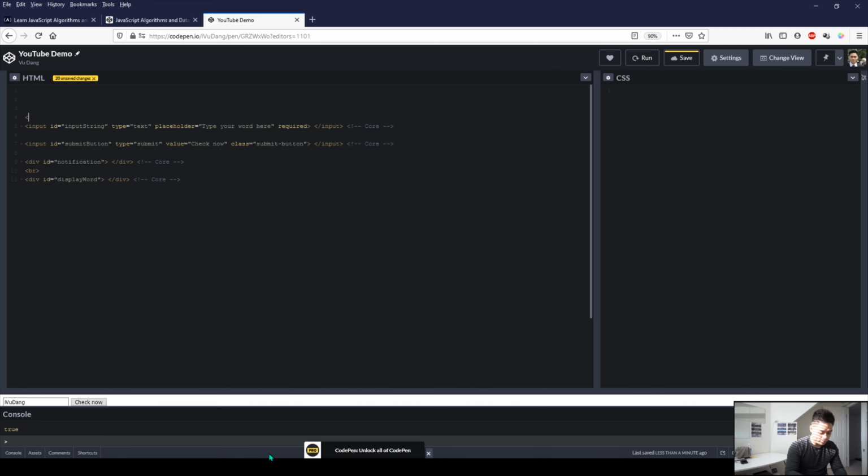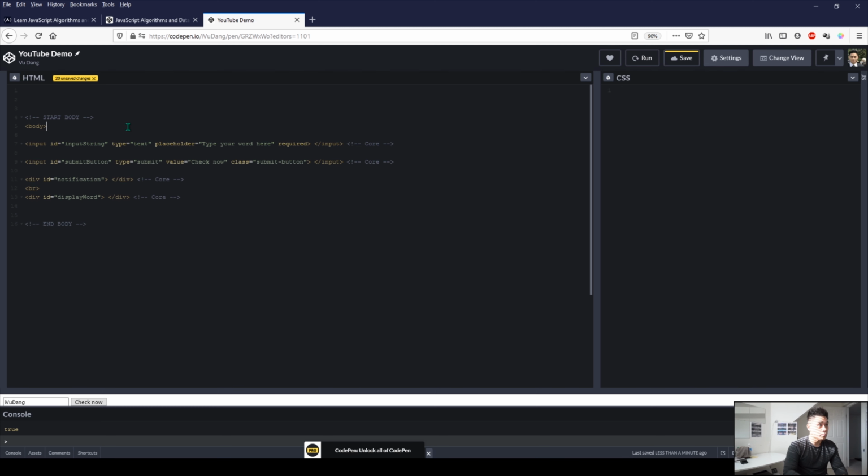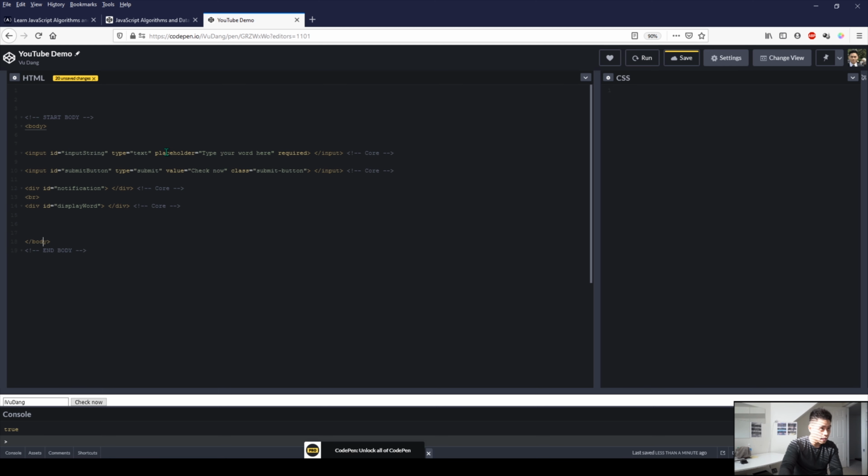So let's write a comment here. Start body, and then dash dash arrow, and then also indicate the end as well. So whoops, exclamation mark dash dash end body dash dash arrow, and then body up here, and then we'll close with arrow dash body arrow down here. So this is the start and then this is the end of the body, and then within our body is